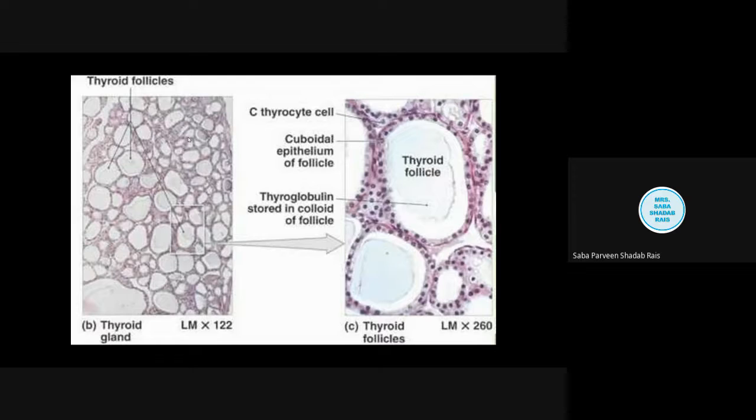Now, this is all about the follicular cell or the principal cell of the thyroid gland. Students, you remember I told you there are two types of cells. So first is the principal cell or follicular cell, and the next category of cell is the parafollicular cell. Okay, parafollicular cells. These are also called clear cells, or C cells, because of